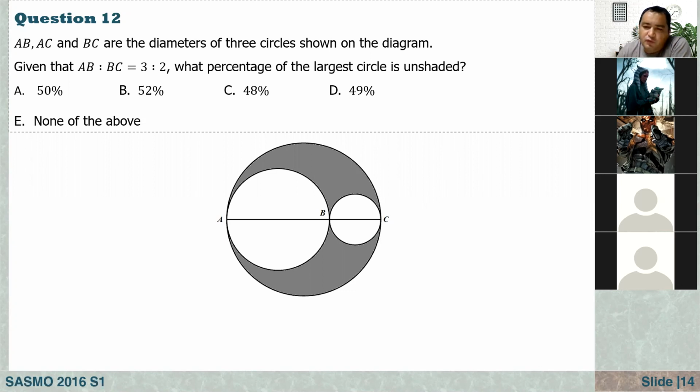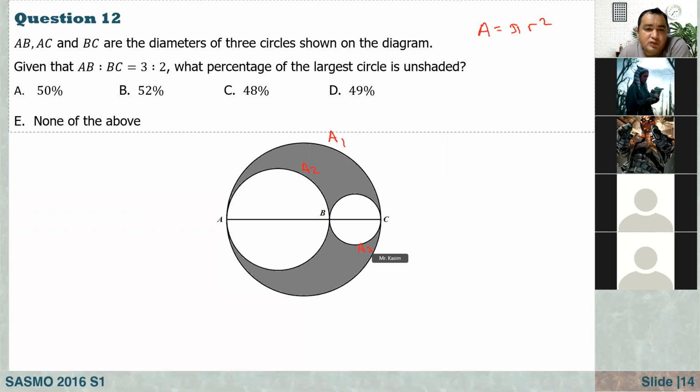Very easy question. What you have to know here is just number 1, we know how to find the area of the circle. That's equal to pi r squared, right? And let me just explain. After that, you will try to answer this question. As you see here, we can see 3 different circles, right? Let's say the biggest one is A1, the second biggest one is A2, and the third one is A3, right?